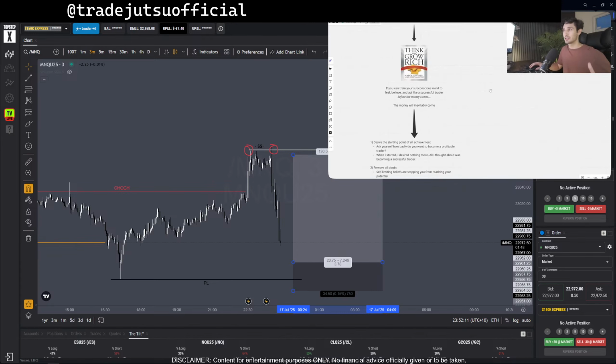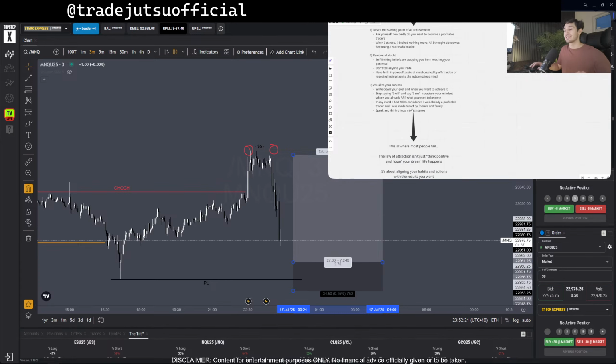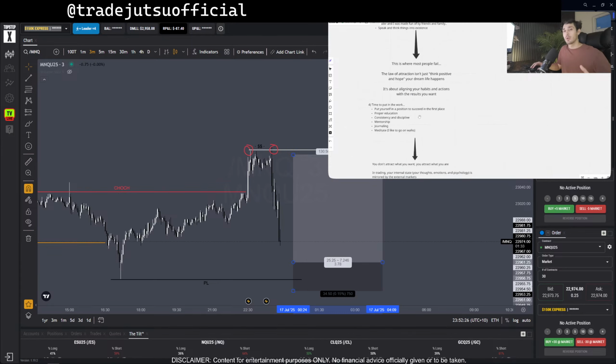In conclusion, guys, if you can train your subconscious mind to feel, believe, and act like a successful trader before you even become one through having a strong desire for success, removing all self-doubt and having confidence within yourself, visualizing your success and knowing that you will achieve your goals. And when you combine that with actually putting in the work every single day, where you obsessively think about you becoming profitable, you knowing that you will, and then you taking action to actually make that a reality,